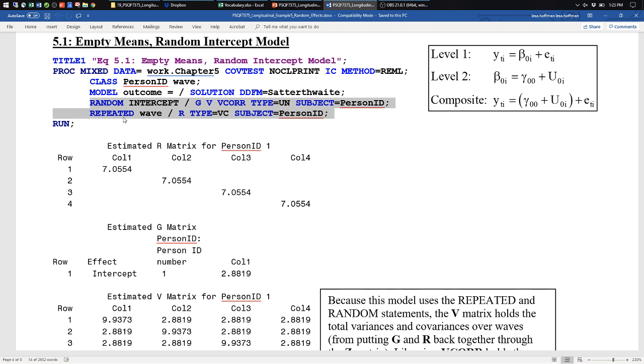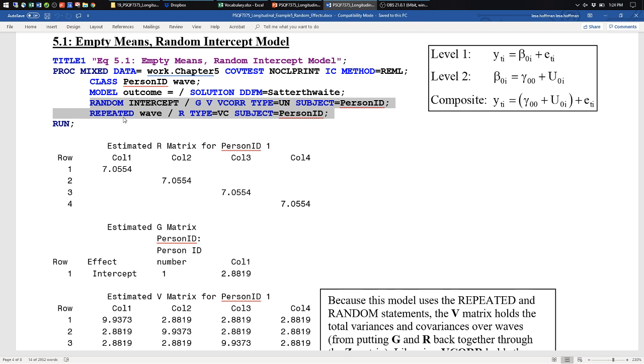Some of the dumbest reviewer complaints I've ever had to deal with is people saying, well, why didn't you change UN to AR1? Does it matter? No. Right now it doesn't matter. There's one thing in it. I can't have a type with one thing. I have a number. But when I have more than one thing, that's where this matters. And so I just leave it here all the time so that I don't have to worry about changing it.